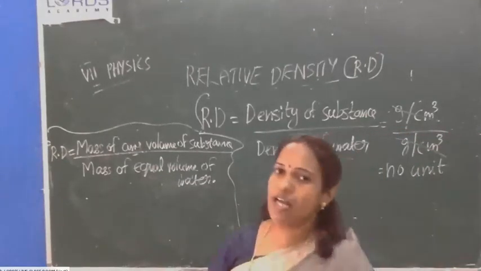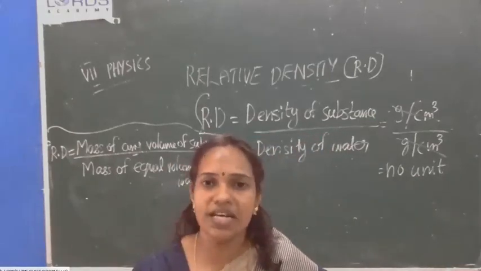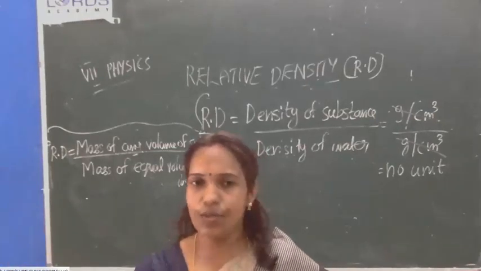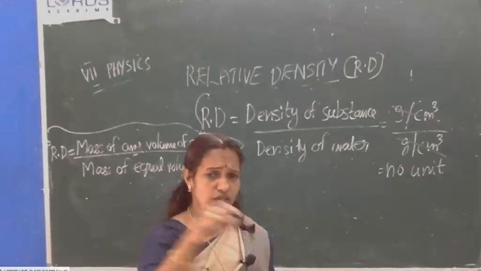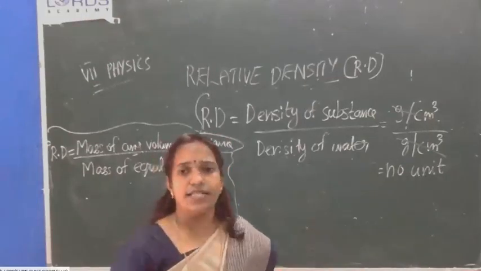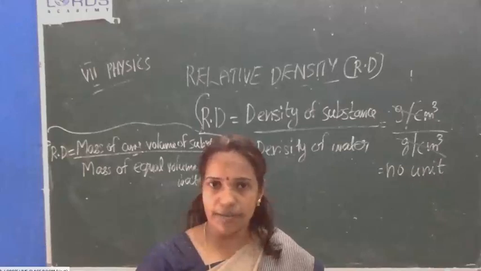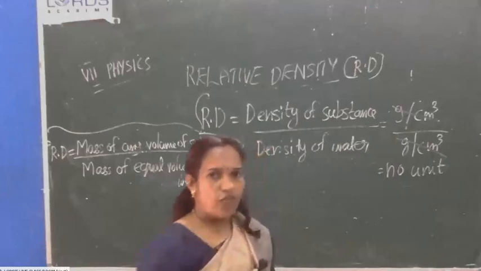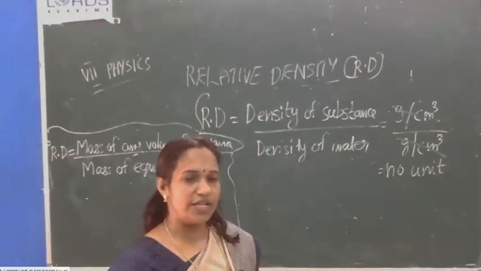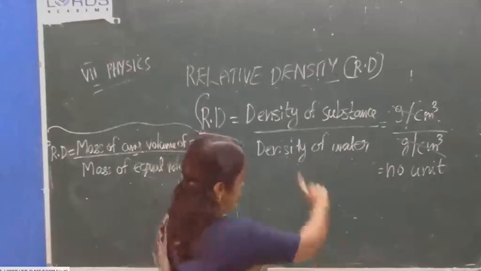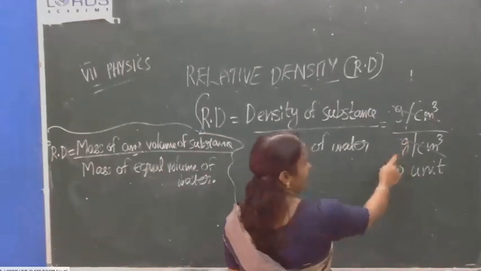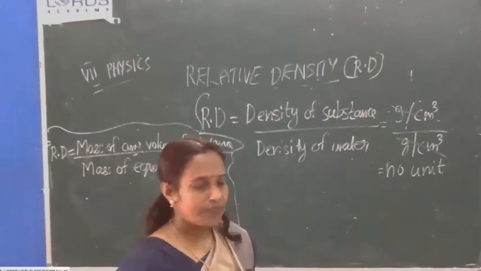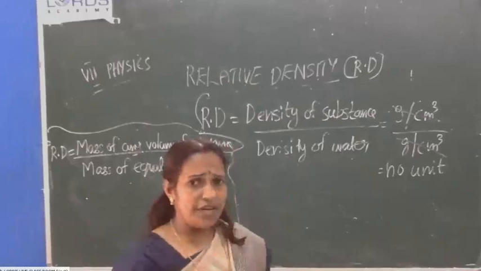Very important. Some of you will write, after doing the numericals, maybe you got the correct answer, then you will write gram per centimeter cube. Then you will lose marks. Clear? So write that also in your notebook: relative density has no unit. Just understand and study how we got it, otherwise you will forget. If you are simply memorizing that relative density has no unit, then you will forget. Instead, if you understood how we got it, then it will be thorough.